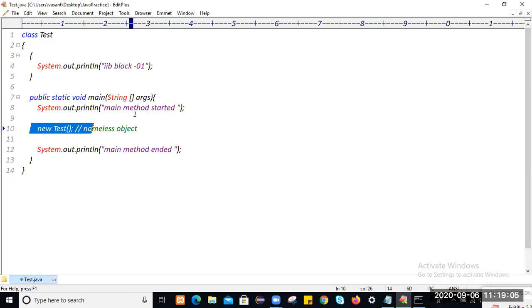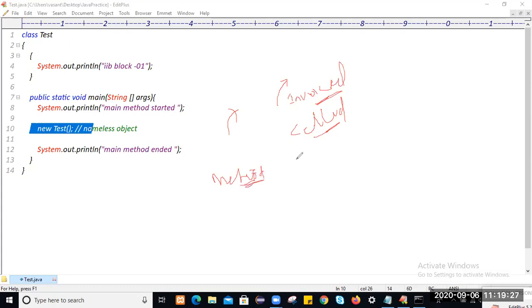The moment you create an object, the IIB block will be invoked, meaning called. If there is a method, the method logic execution depends on the method calling statement. Similarly here, IIB block logic execution depends on object creation. Once the IIB block logic is executed, control returns back to the calling step.